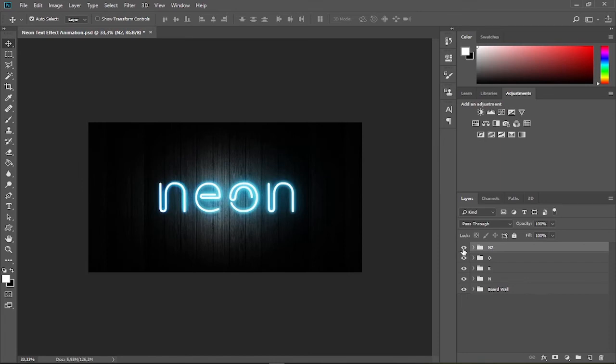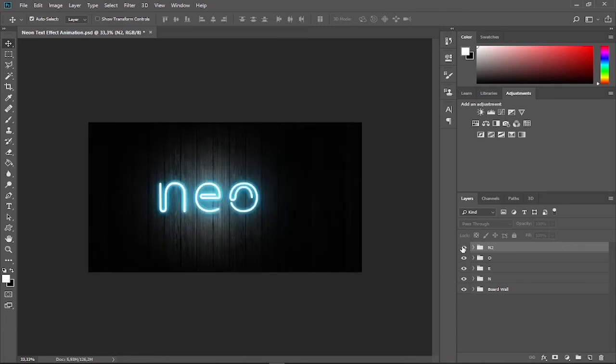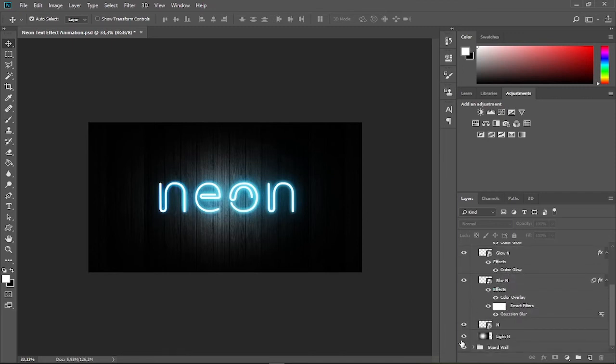Alright, now as you can see, although I moved the position of every group, its light effect doesn't seem to follow the position of its respective group, because their light layers were set to overlay mode. So we need to make a new light layer exclusively for the frame of the animation when all neon effects are required to be activated, instead of activating the light layers of the groups. So let's first turn off every light layer.